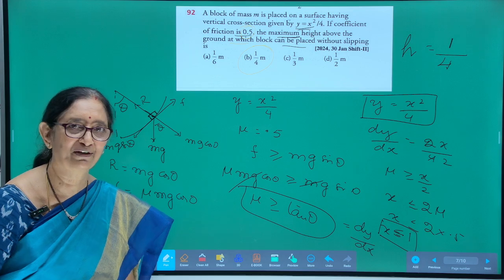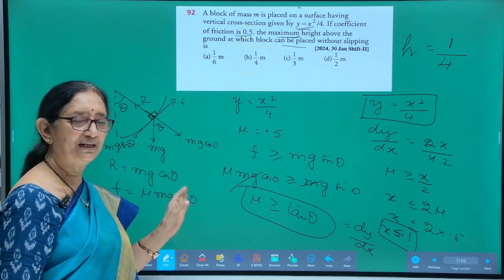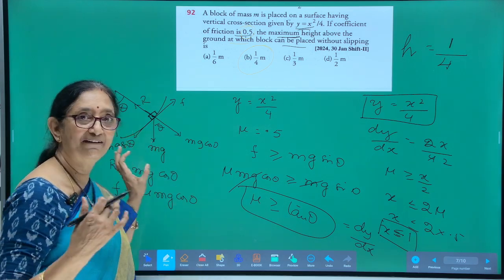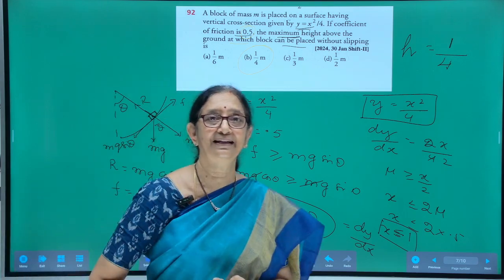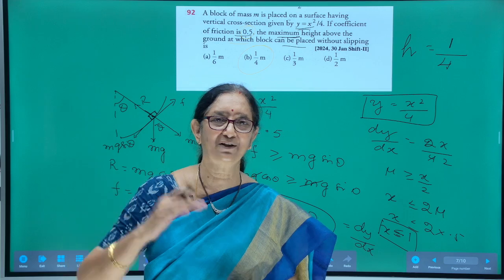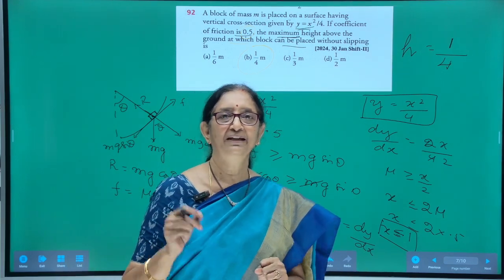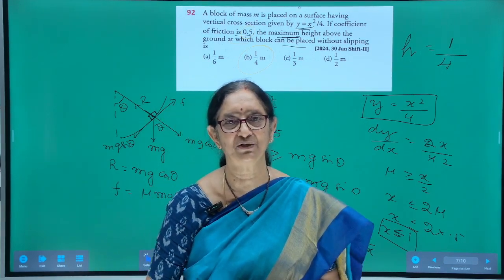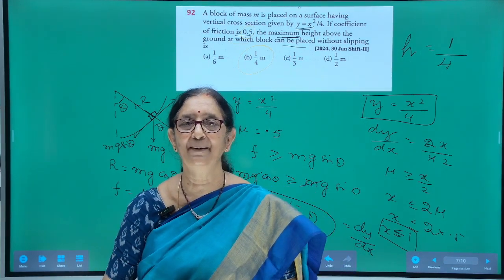That's a beautiful problem, isn't it? Actually here we have done the same model in another class. When an insect is crawling in a bowl, if mu is the coefficient of friction, the maximum angle up to which it can